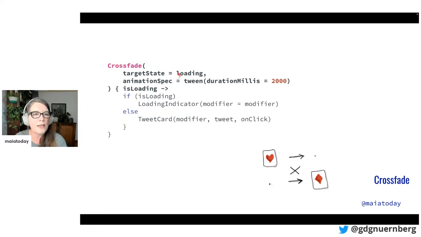The state that the crossfade responds to can come in from your composable. And there you can see the first example of an animation spec. If I left this animation spec out, I would have gotten a springy kind of crossfade. But here I'm saying I want a tween, which is a linear crossfade, with a duration of 2 seconds. So it's quite easy to wrap any of your other composables in a crossfade. The other thing to notice is it's declarative: if the flag is true, we want this; if it's not, we want that. And we want it to crossfade like that.